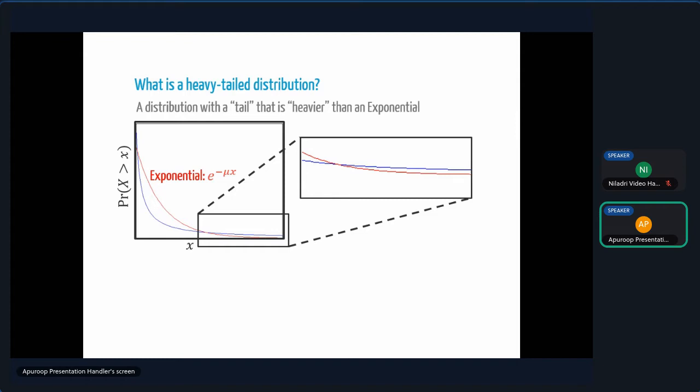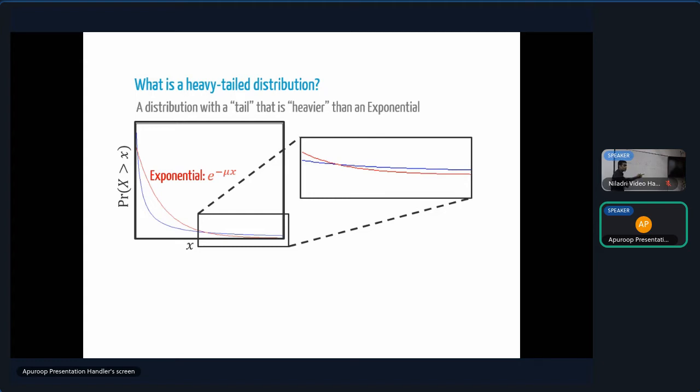Right, so a Pareto distribution has two parameters, x_m and alpha, both positive. The support of the distribution is to the right of x_m. Of course, there is suitable normalization to ensure it's a well-posed CCDF. But the way to read this is that this is really a power law. The CCDF is decaying as a power law, something times x raised to minus alpha for alpha positive. That is what a Pareto is.